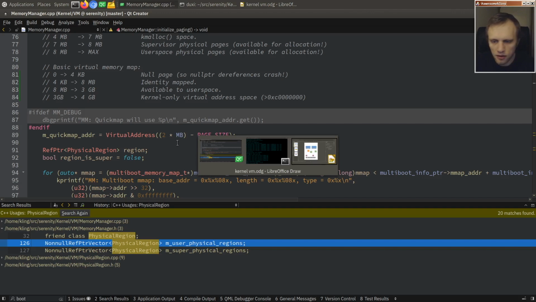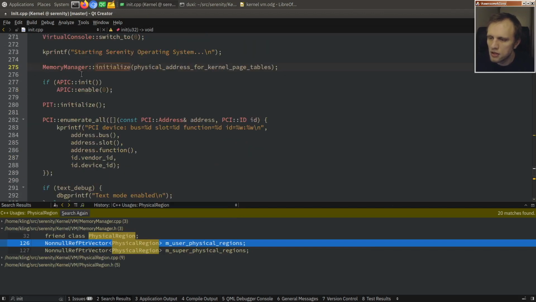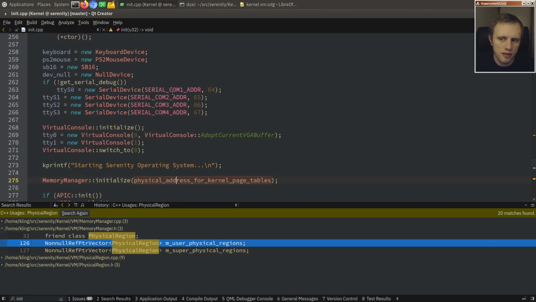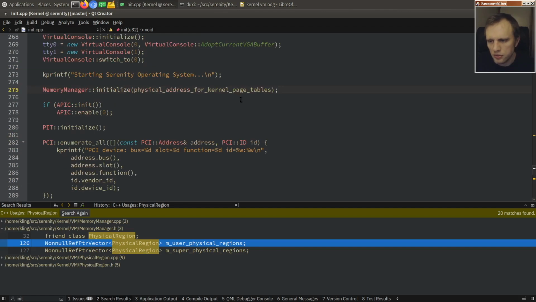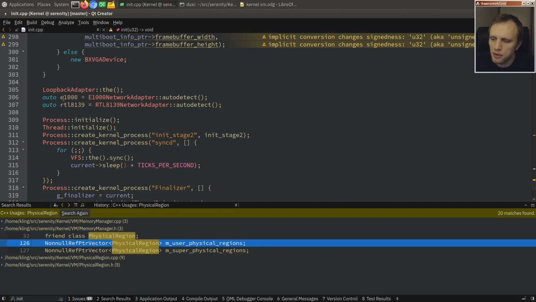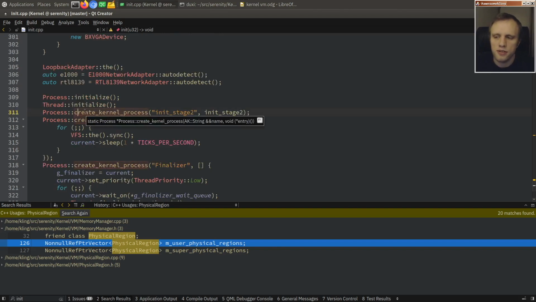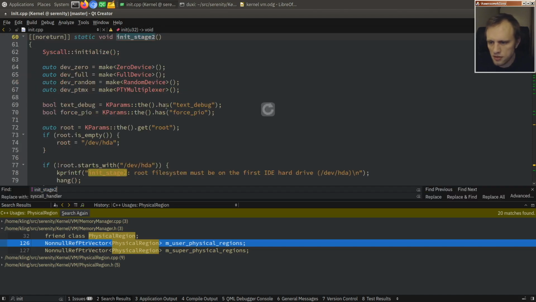Now, if we go back to init, let's see. So after this point, kmalloc and stuff was already set up, but what this enables now is page allocation. So you are able to create VM objects that allocate physical pages. There's nothing really specific to that happening here, but the interesting stuff starts to happen once we create some processes. So down here we create a first process called init stage 2, which is just the continuation of the initialization code. And